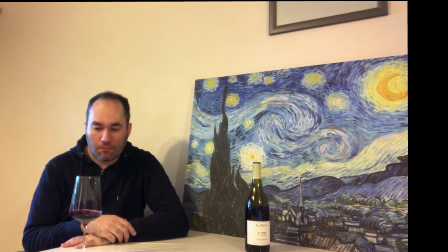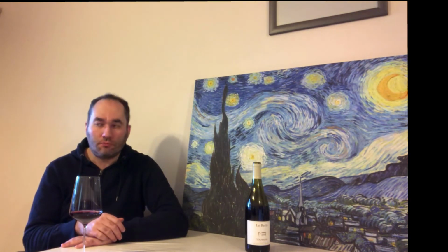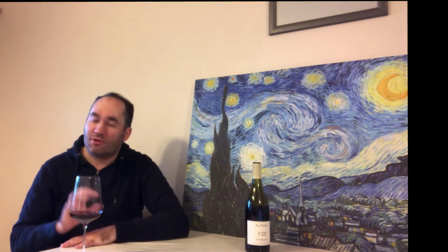Oh man, it smells delicious. It's showing a little age, I think, as I said. Because usually we drink them much younger, within a couple of years of vintage. Starting to get that sort of caramelized edge on the fruit or something. I think that's slightly because it's one of those riper vintages as well. But you can see that fruit kind of turning,